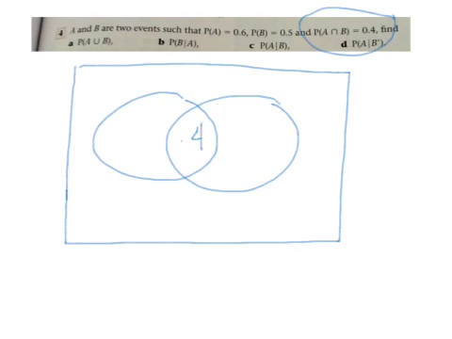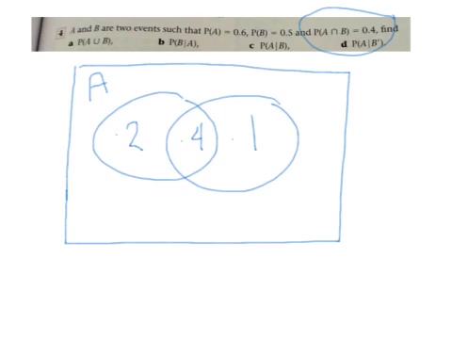Now we take the individual probabilities. So the probability of A is 0.6. We know that 0.4 of it occurs with B, so the rest of it must be without B, so that's 0.2. And in the same way, if we want to find the missing region in B and not in A, well, that must be 0.1 because all of B comes to